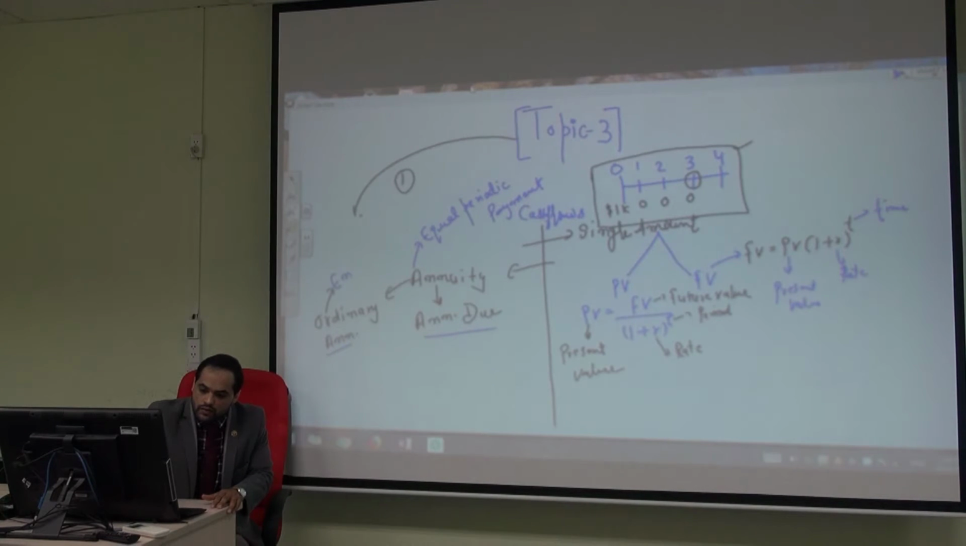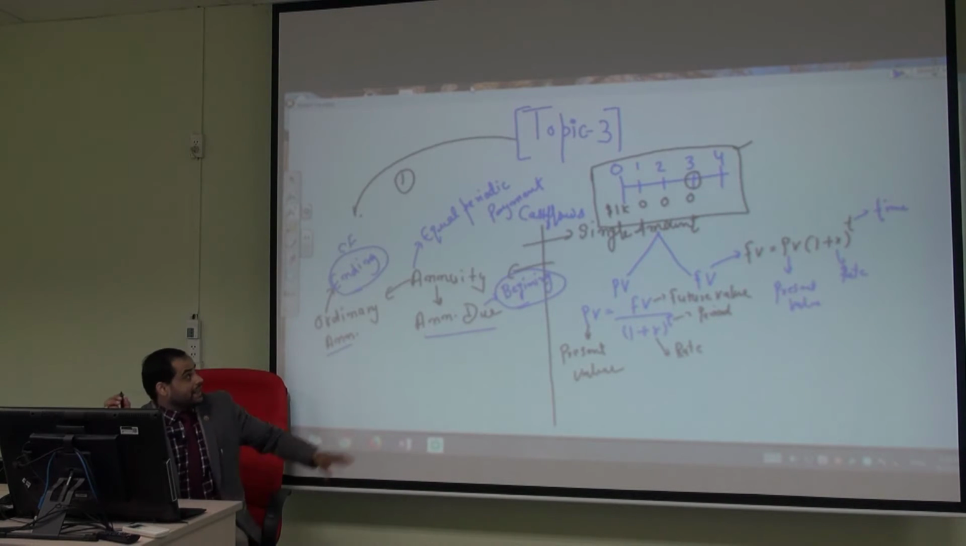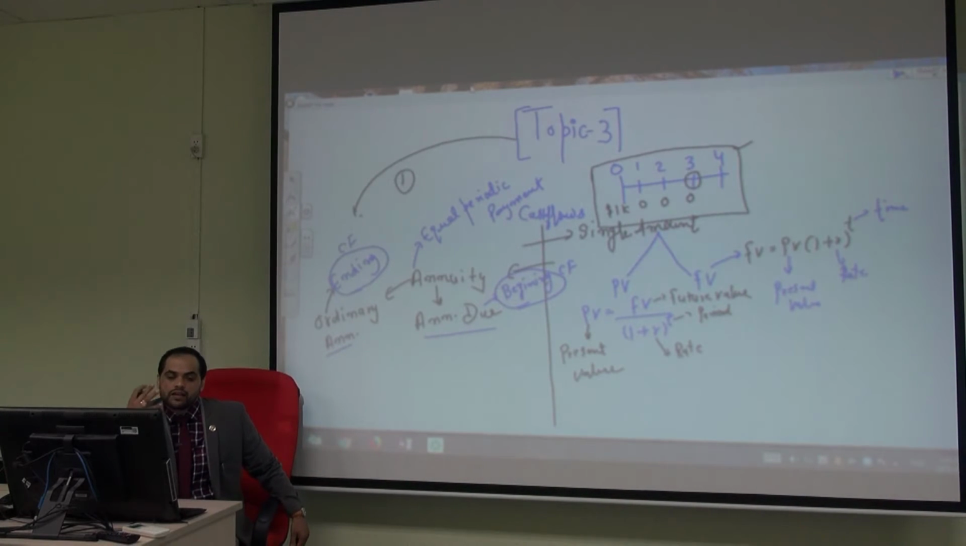So ending, which means at the end of the period, and due means beginning. Alright? I repeat again, cash flows at the end of the period and cash flows in the beginning of the period. So ending is ordinary, beginning is due. Correct? So I give you a quick example of